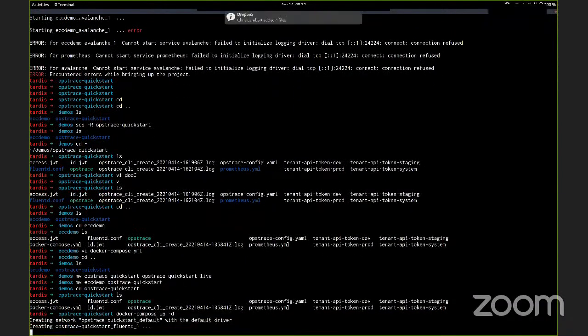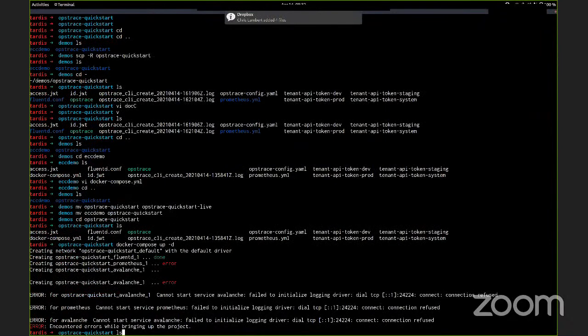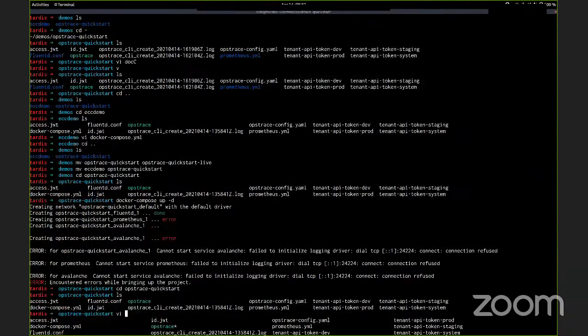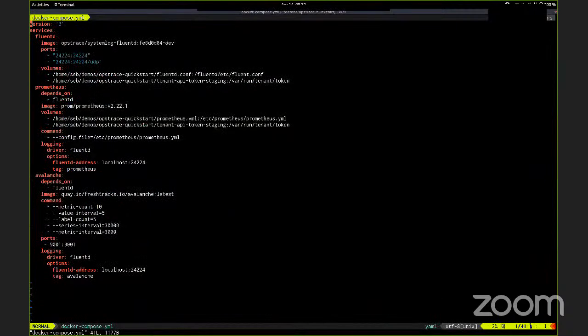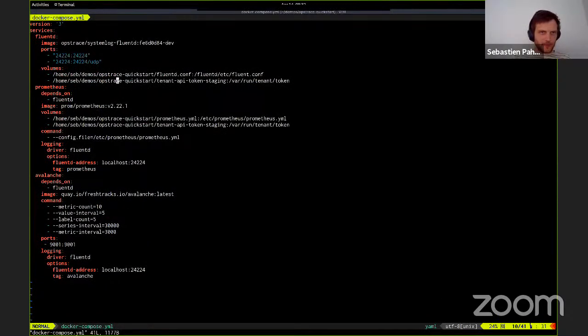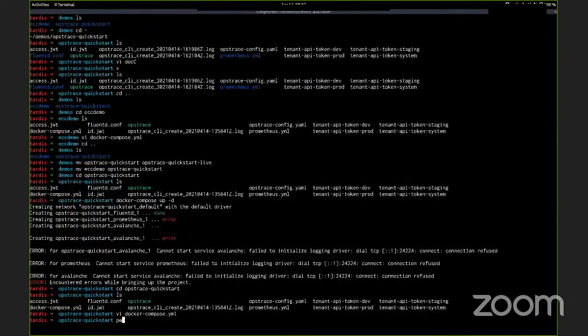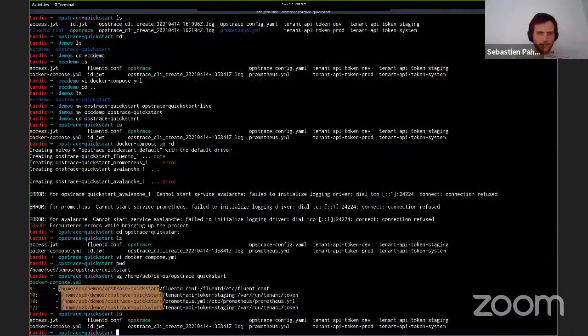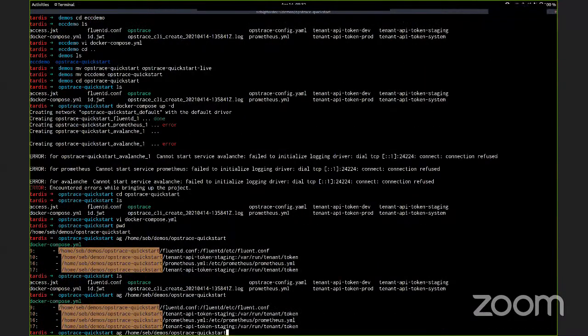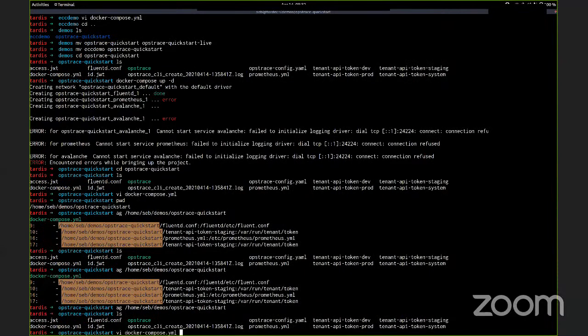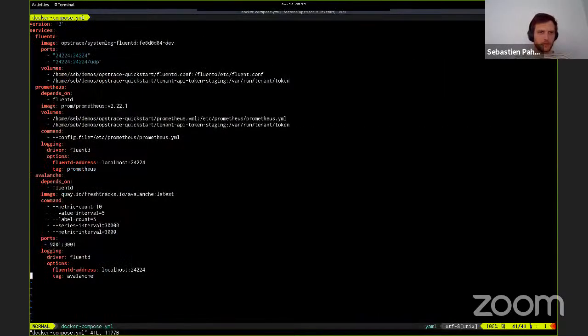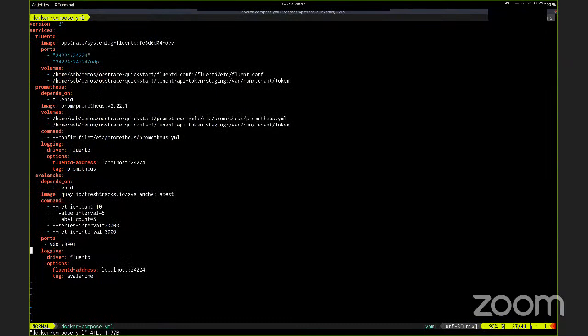That logging driver topic is about collecting the logs from those local containers, right, on your machine, right? We don't even need that at all. Okay, I fixed the first problem. Opstrace demos. Like we specify this Fluentd logging driver there, and then maybe we can just remove that from the config. Where is it? Like in this Docker Compose config YAML. Oh, that's weird. You see those, localhost 2.4.